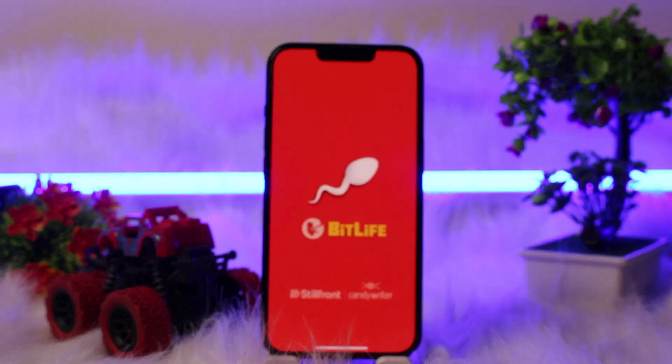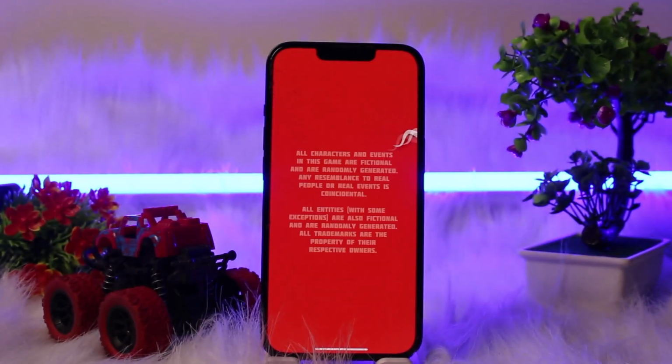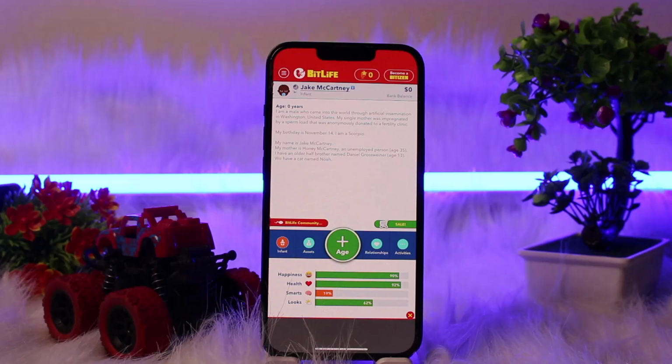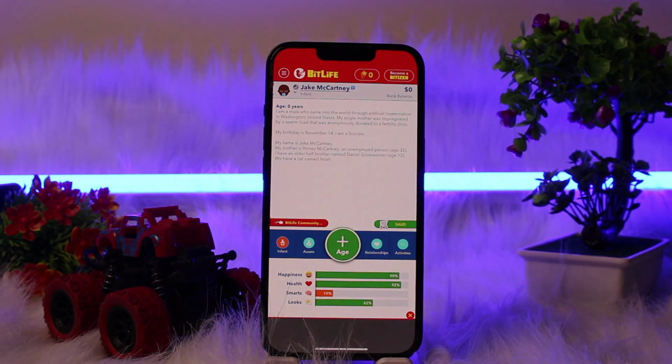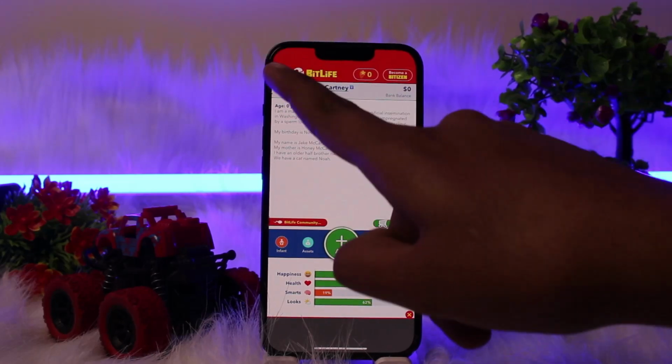So it will take some time as this is the landing page of that. After that it takes you to your old page where you'll see your old account, your bank balance, your age and all. But if you want to start with a new life, then click on the three straight lines